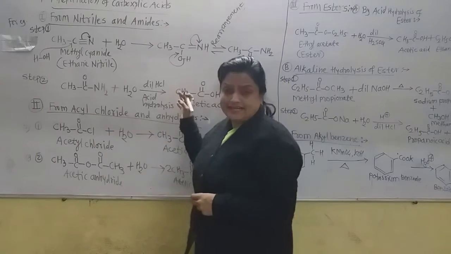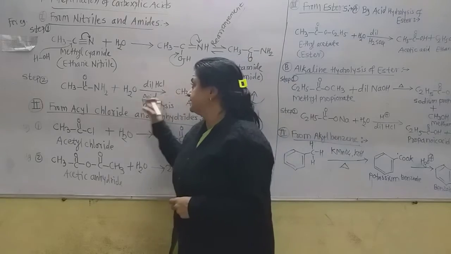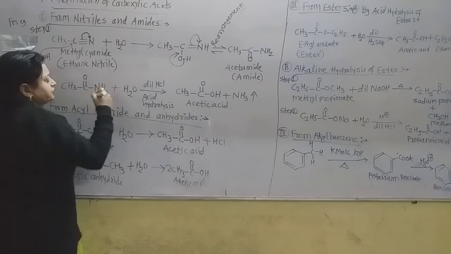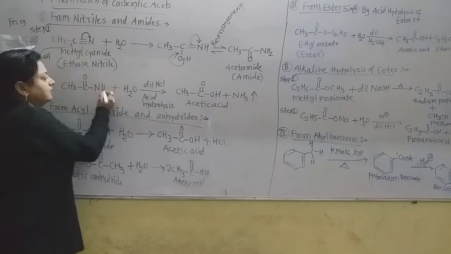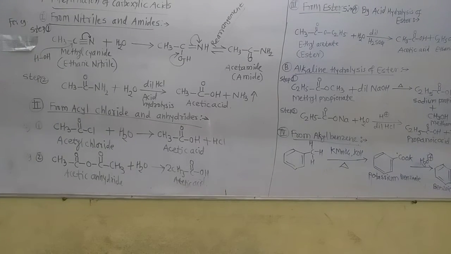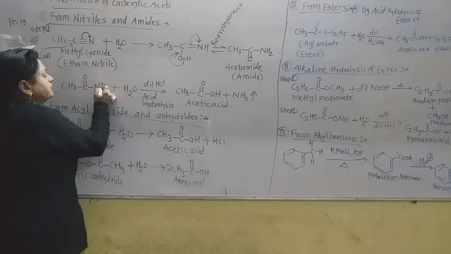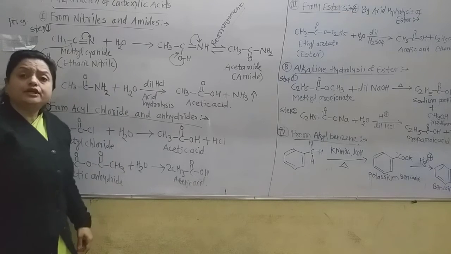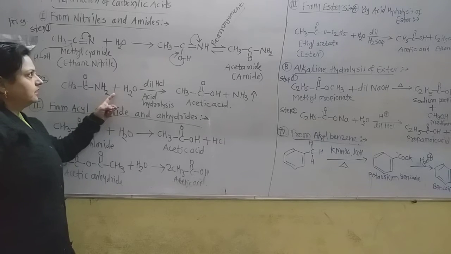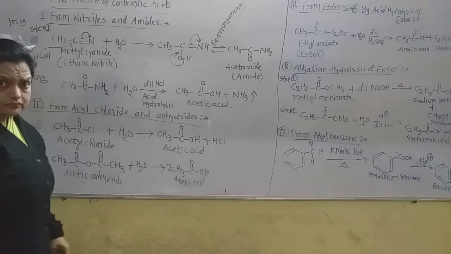That is only the acid hydrolysis by using dilute HCl, that is addition of water molecule. I take here this amide again in the second step. Now this is the amide. Now in this again there is the addition of the water molecule. Now how in the second step is the water molecule added? Let us see. There is only addition of water in both the steps. That is the acid hydrolysis. But in the first step the amide must be formed from these nitriles.